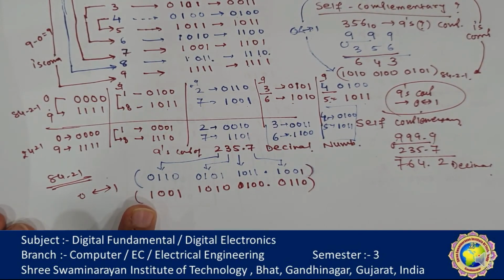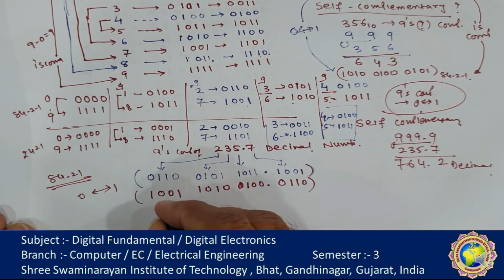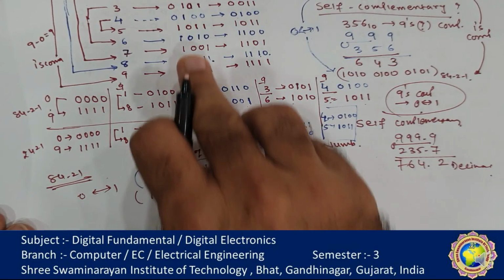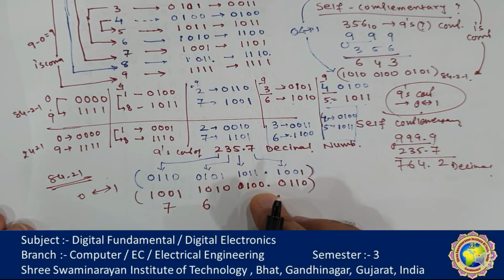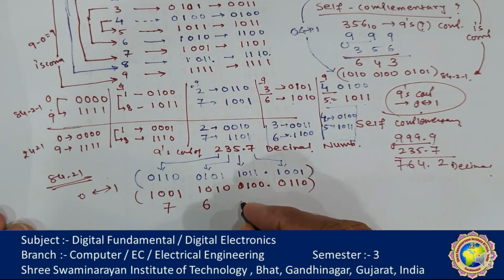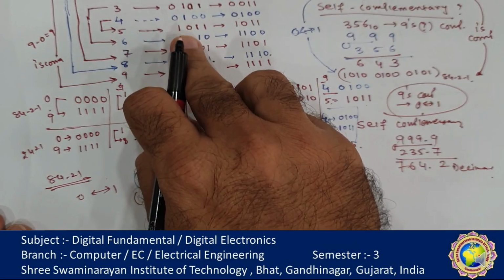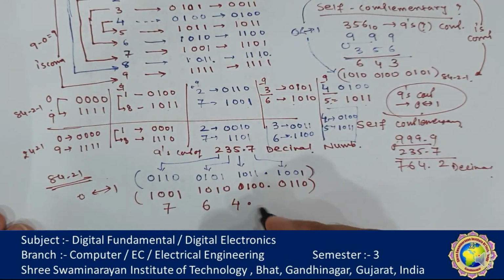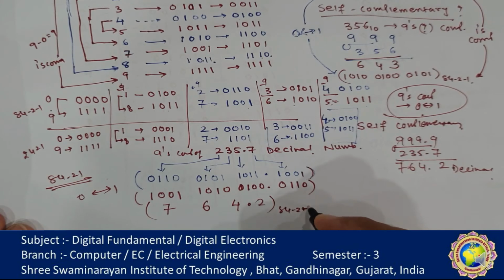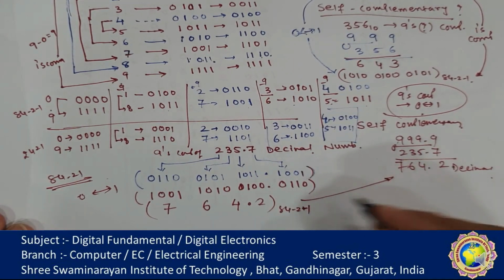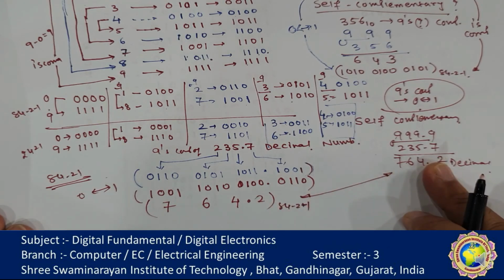Now find out the reverse order. 1 0 0 1 is represented by 7. Yes. 1 0 1 0 is equal to 6. 0 1 0 0 is equal to 4, dot 0 1 1 0, which is 2 in 8 4 minus 2 minus 1, and see, it is exactly the 9's complement in the decimal system.